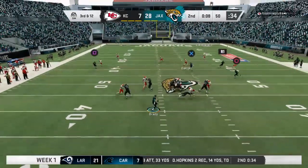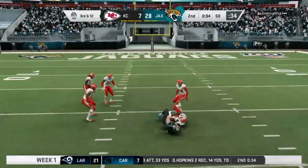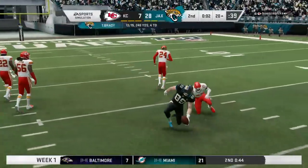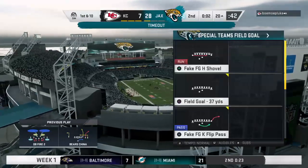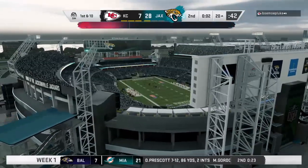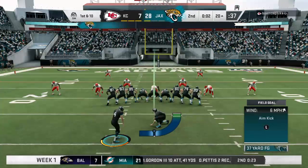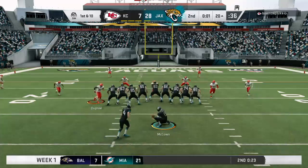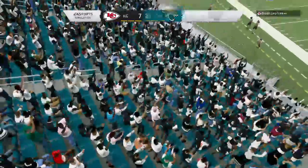From midfield, here's Brady. And he finds McDonald. And he's going to get this one down to the edge of the red zone. And the timeout comes in with 2 seconds remaining. So they can trot out the field goal unit for the try before we hit the lockers. And the 13-year man puts...